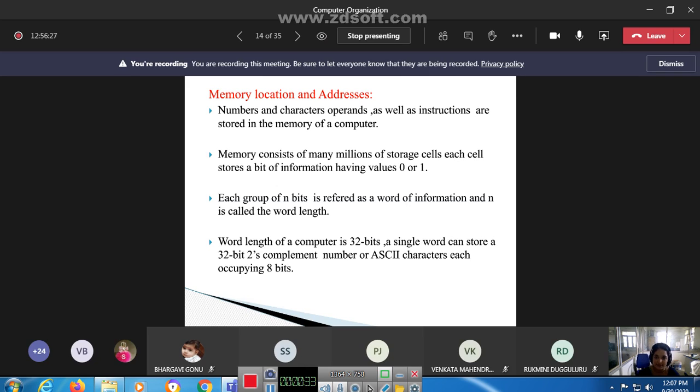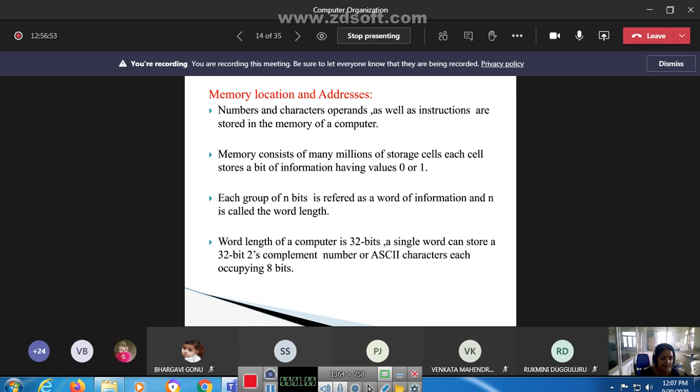Today I am going to discuss memory locations and addresses. In this topic, I am going to take the numbers and character operands, as well as the instructions, which are stored in the memory of a computer. Whatever characters, numbers, operands and instructions we take are all stored in the memory of the computer. The memory consists of many billions of storage